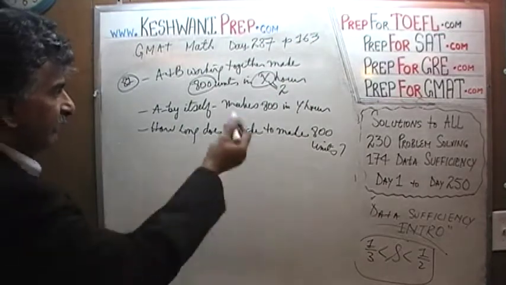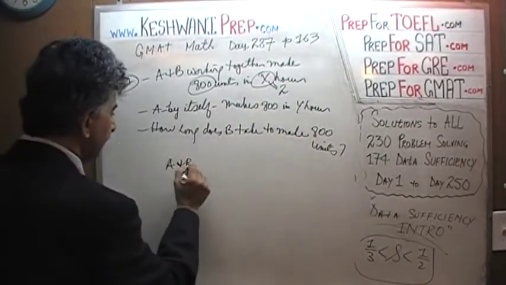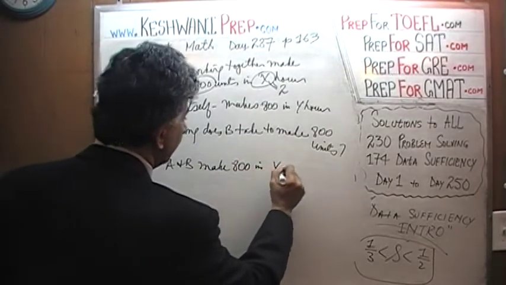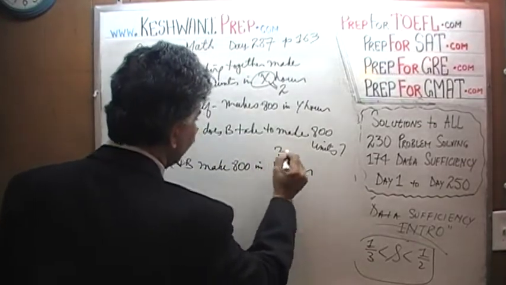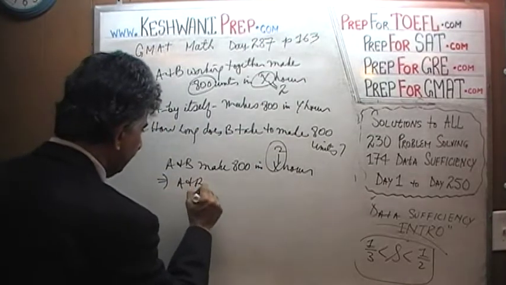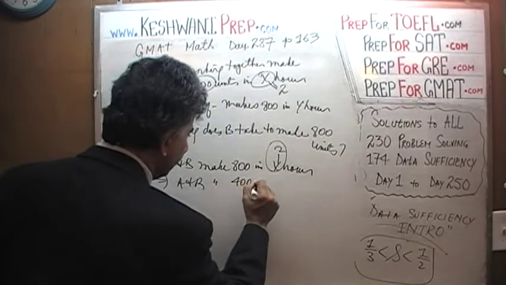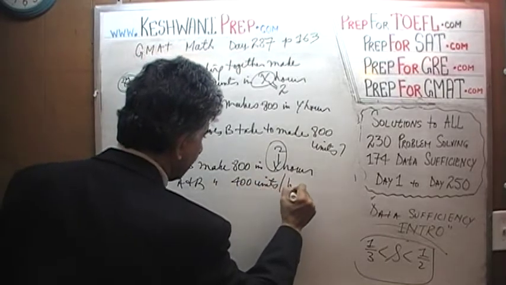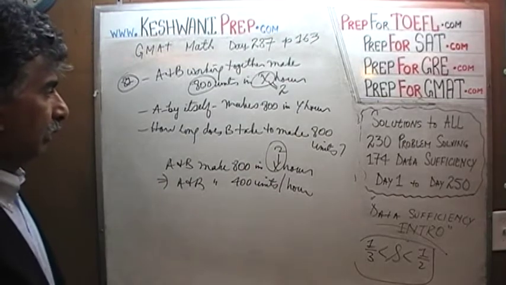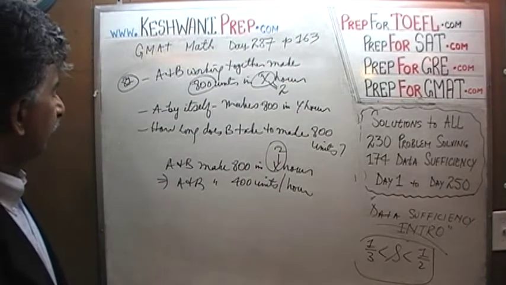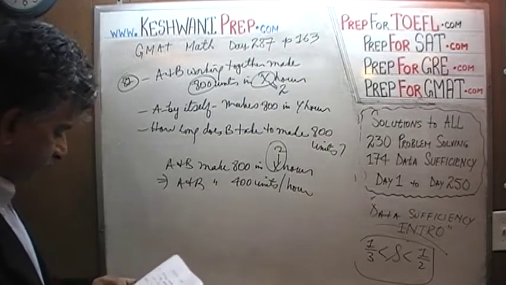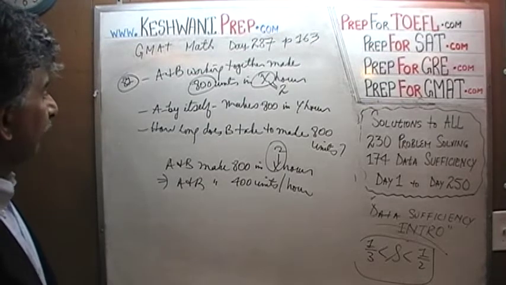I'm going to pretend that X equals 2. So A and B make 800 in X hours. Well, if X is 2, that implies that A and B make 400 units per hour, because we are pretending that X equals 2. Okay? The question is how long does B take? Well, and A we are told